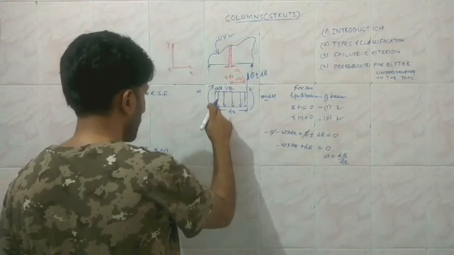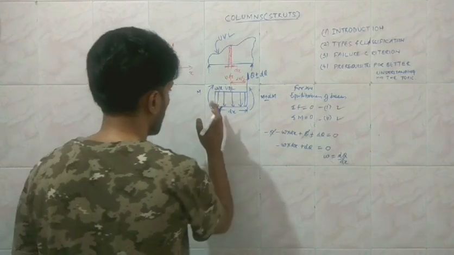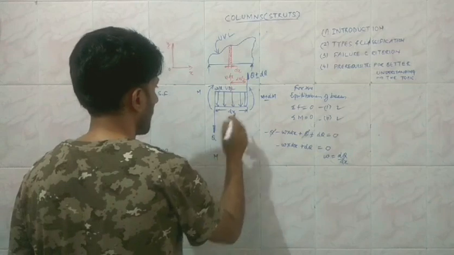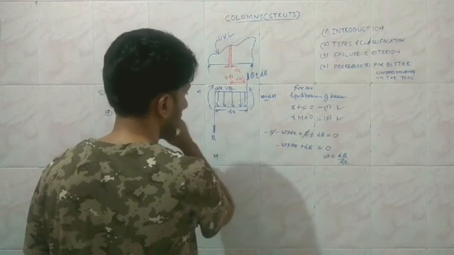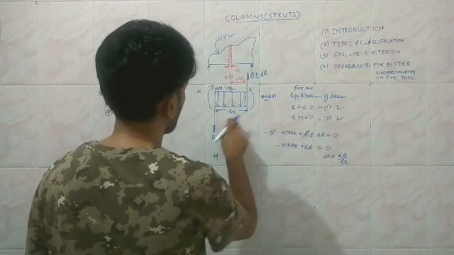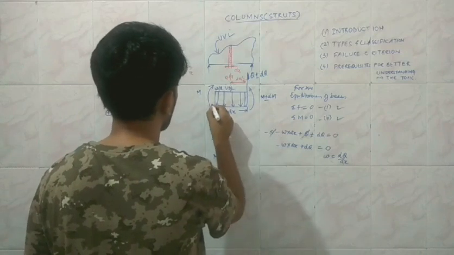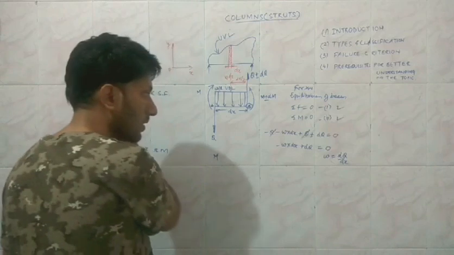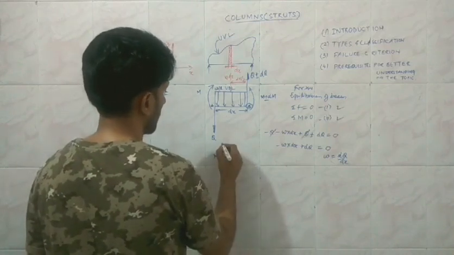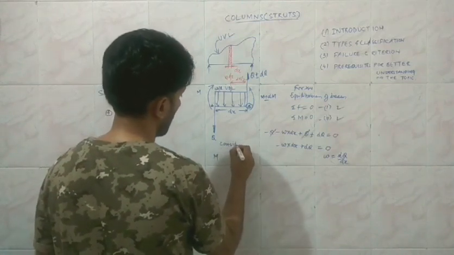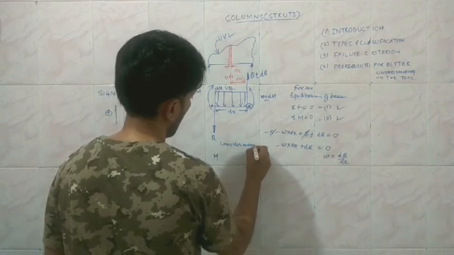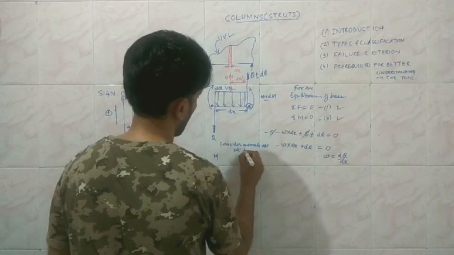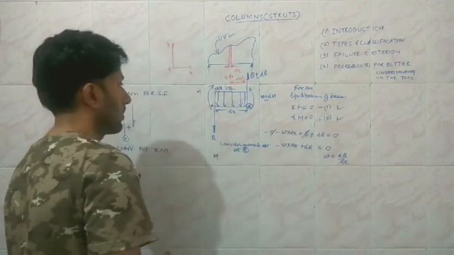So the moment because of this UDL, and before the UDL we have identified that there is a force also whose moment about the starting point was 0, but since we have moved further, this is going to produce a moment. Say we are considering the moments about this end point, say this one is A, this one is B. So a very important thing is we need to specify the moments. So consider the moments about point B.